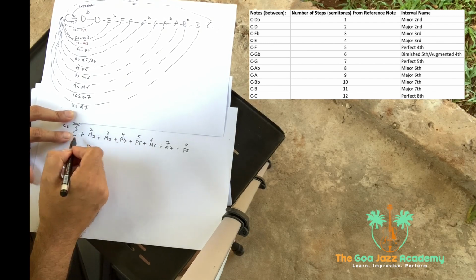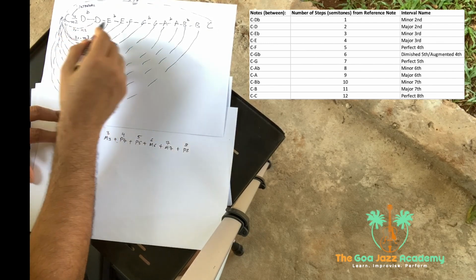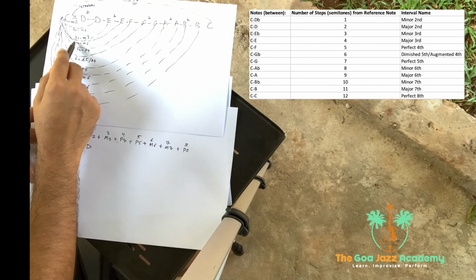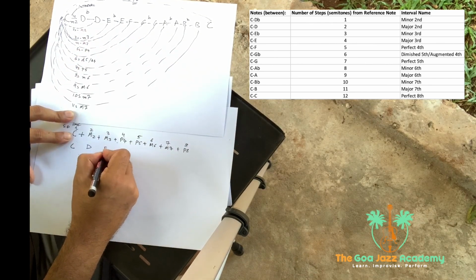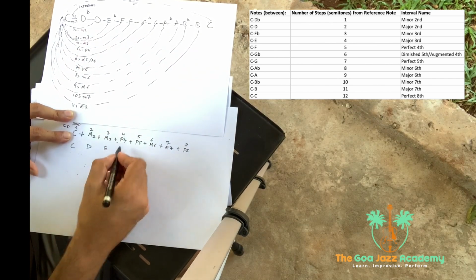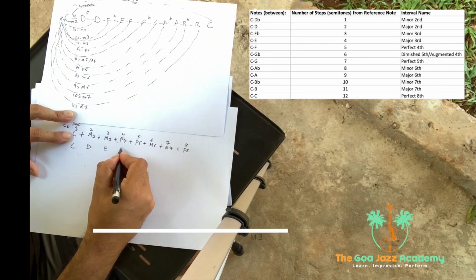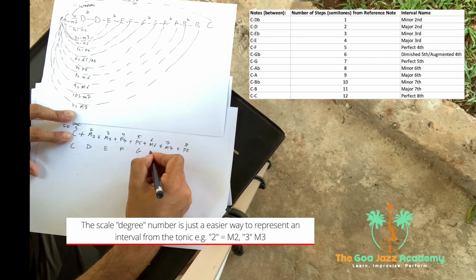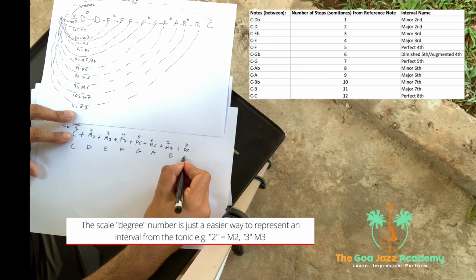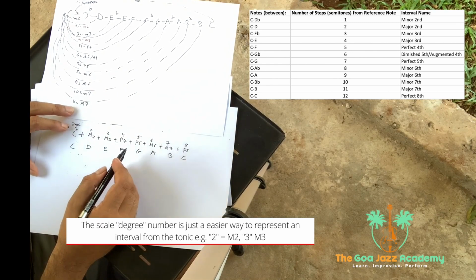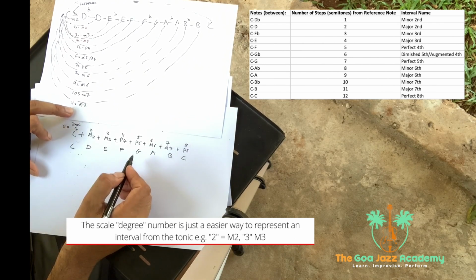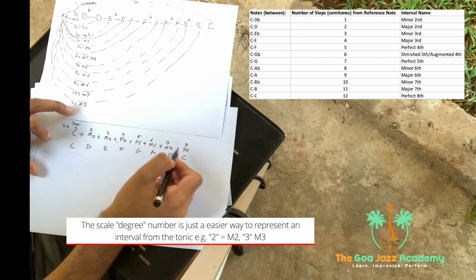Now the third would be a major third. The third note of the C major scale would be a third away from C, which is, let's see, a major third. So it's E, right? Look at that. I'm trying to show you. Now what happens with the perfect fourth? Well, if you look at it, a perfect fourth would be F. And then so on and so forth, you get the following notes. Okay, so that is how you construct a major scale,